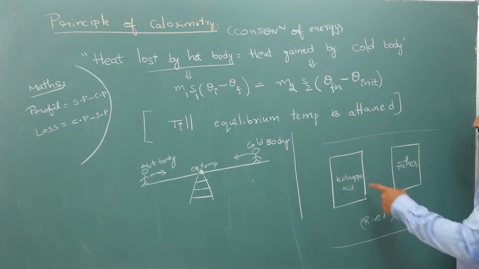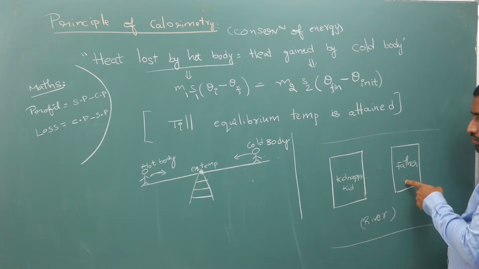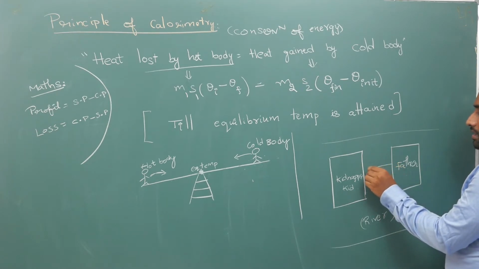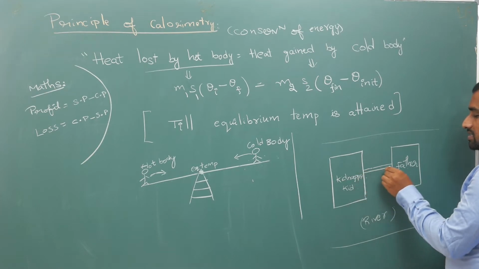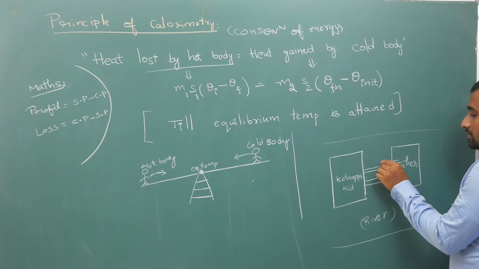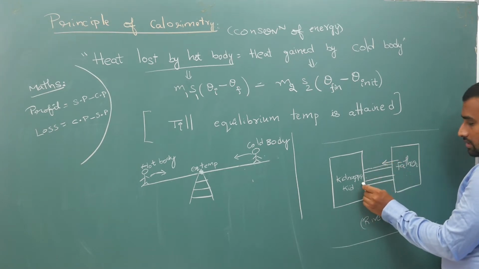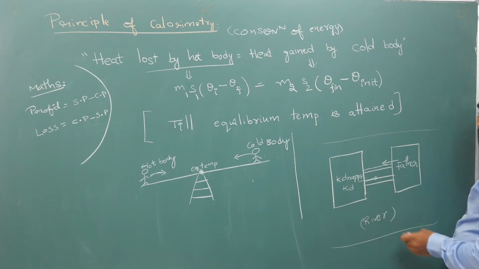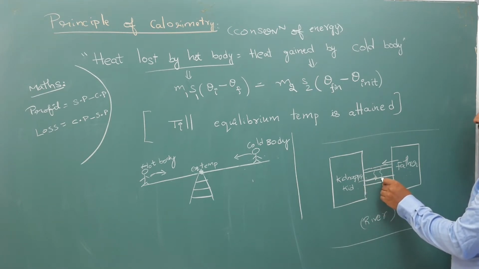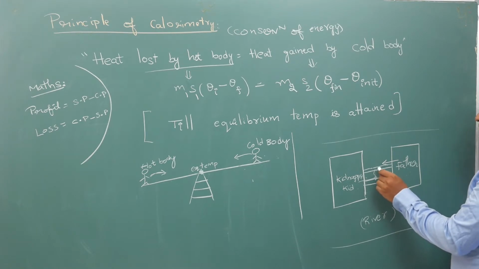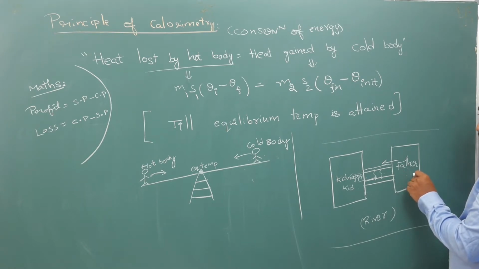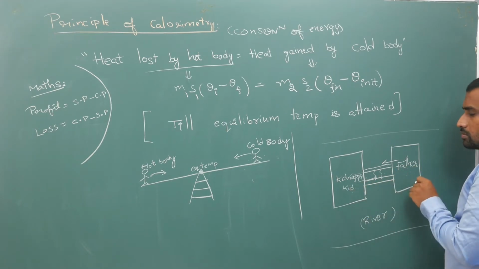For a successful transaction to happen between these two, if there is a bridge kind of thing like this, and the father starts coming one step this way, then the kidnapper also comes one step in the middle. Somewhere they will exchange the bag and the kid, and then the kidnapper takes the money bag and leaves, and the father takes the kid and leaves. This is a successful transaction for both these people.